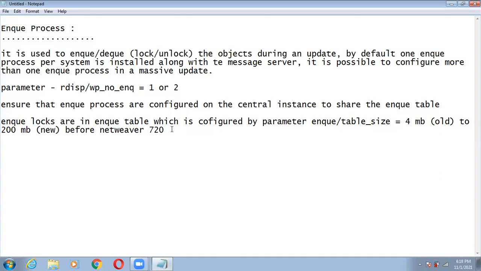So see, generally what happened? We have SAP NetWeaver versions, right?